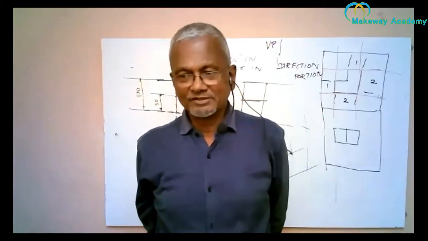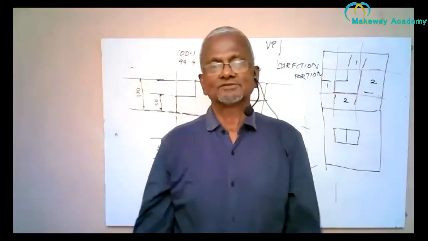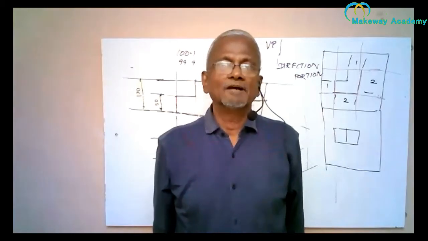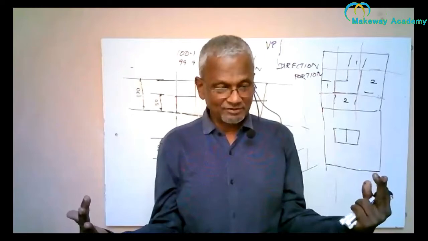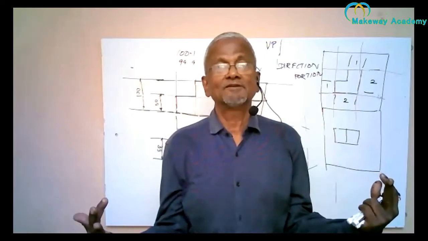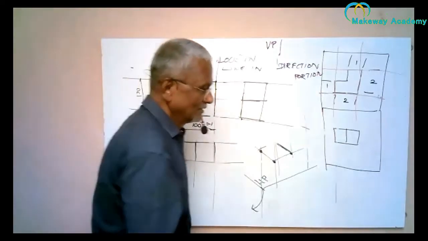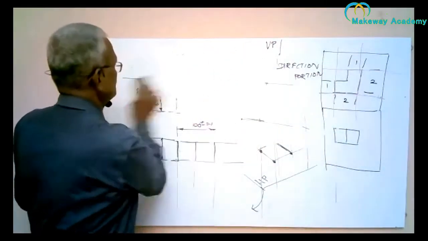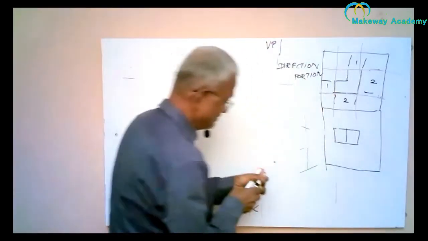So in all the drawings, all the production drawings, when you come across a production drawing, what you must immediately look for is the symbol. So you have got the drawing. You look into the drawing and look for the symbol for first and third angle projection. So what is the symbol? So this is the symbol.